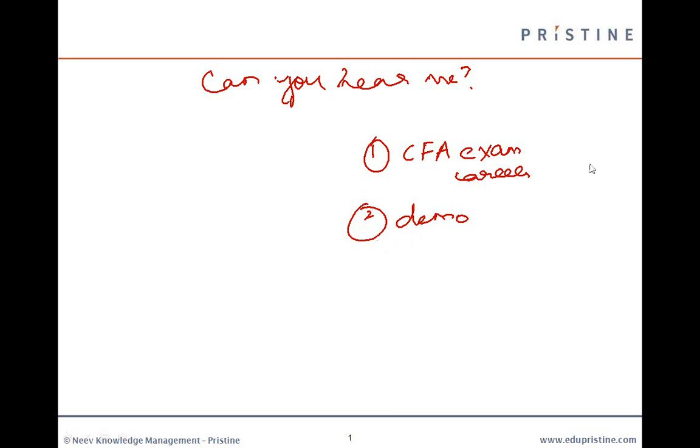I think by this time all of you are already aware that the topic we're going to discuss is Quants. Please bear in mind that it's a demo, so we are not going to do things in detail. For the purpose of this discussion, I've taken a few concepts which I think would interest you.